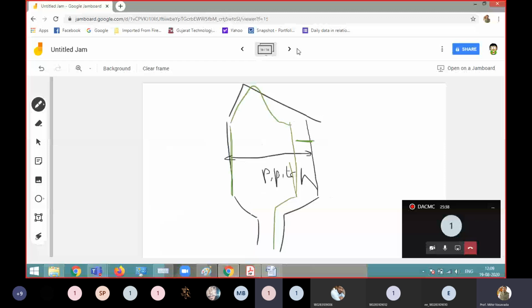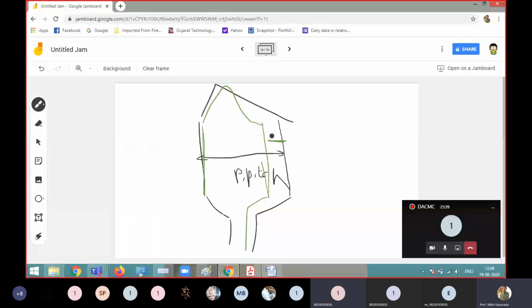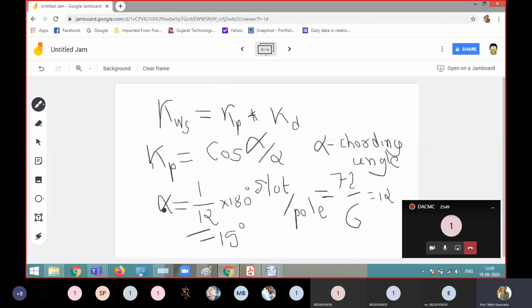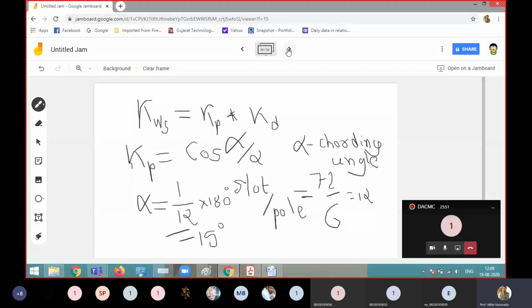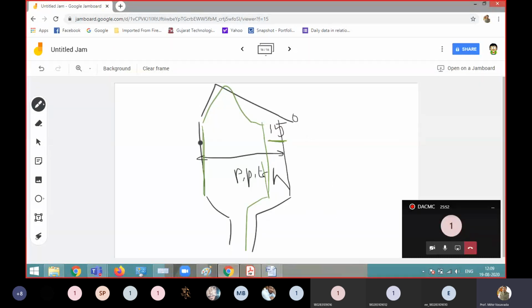If I go to this diagram, sir, please explain again. Explain. If you go to this diagram, this angle is 15 degrees, the amount by which it is short pitch. Now I'm repeating the chording angle. First I am explaining. Do you understand this or not? Look at this diagram. This black one is a full pitch coil. I will add one more point here. This is my N pole. Sorry, just a mistake. I have done one.